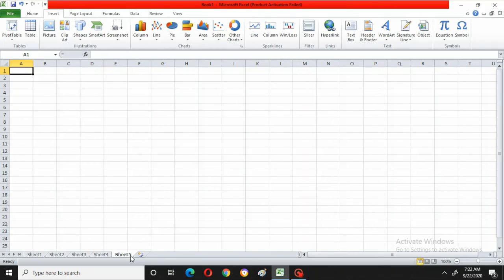So all these sheets together are called one workbook. Can you see here, Book1? So in this Book1 you will have all these sheets, right? Now we'll go to the first sheet. It's just like a book. If you want to enter the first page, you just move the pages here and there. If you want to enter the first sheet, you just give a click on it, right? Like this first sheet, second sheet, third sheet, fourth sheet, like that. You can create many sheets.